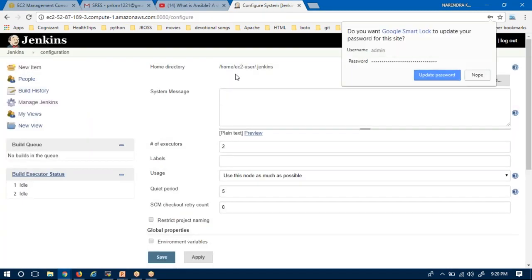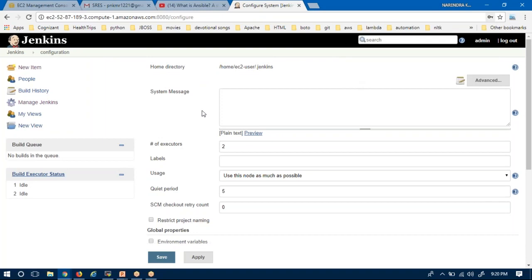See here, now what is your home directory? Even from the UI, it is /home/ec2-user/.jenkins. That is the default home directory for Jenkins.